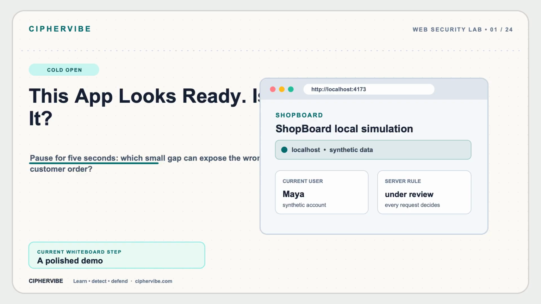This demo store looks ready to ship. The buttons work, the dashboard looks clean, and the tests are green. But a signed-in user can ask for an order that is not theirs. Pause here. Would you fix the screen, hide the order number, or make the server prove ownership before it returns